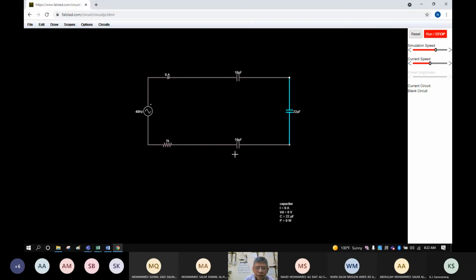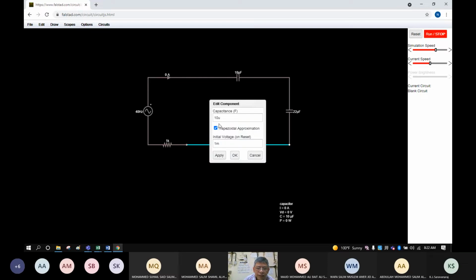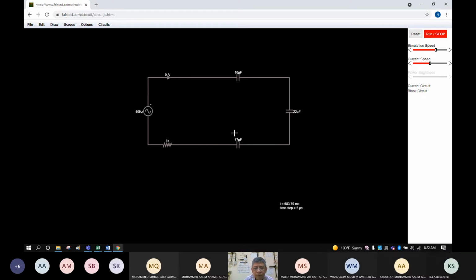Click OK. Then here, what is given? Edit, 47 microfarad, and make this 0 volts.